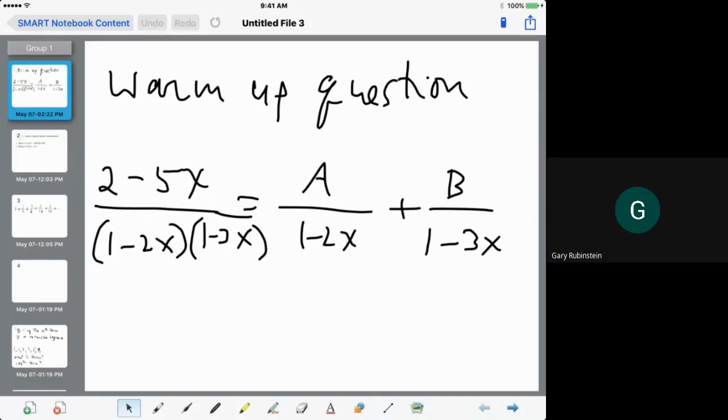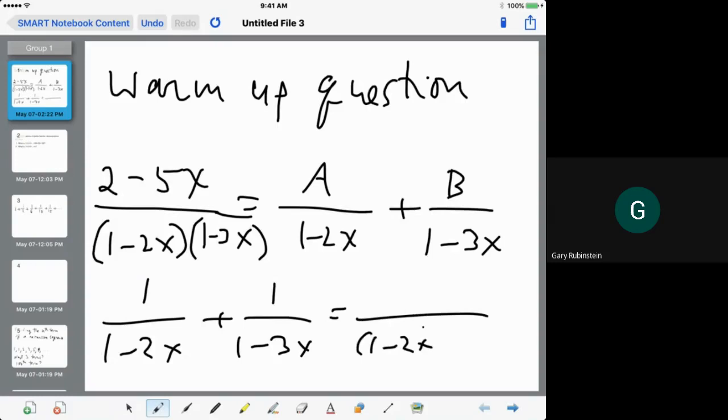Okay, so we have this warm-up question, and a couple of people texted or chatted that they got A equals 1 and B equals 1 for this question. And it's correct. Yep, the convenient values end up being fractions, half and a third, so it seems like it's not going to work out so nicely. But we can check that the answer is right